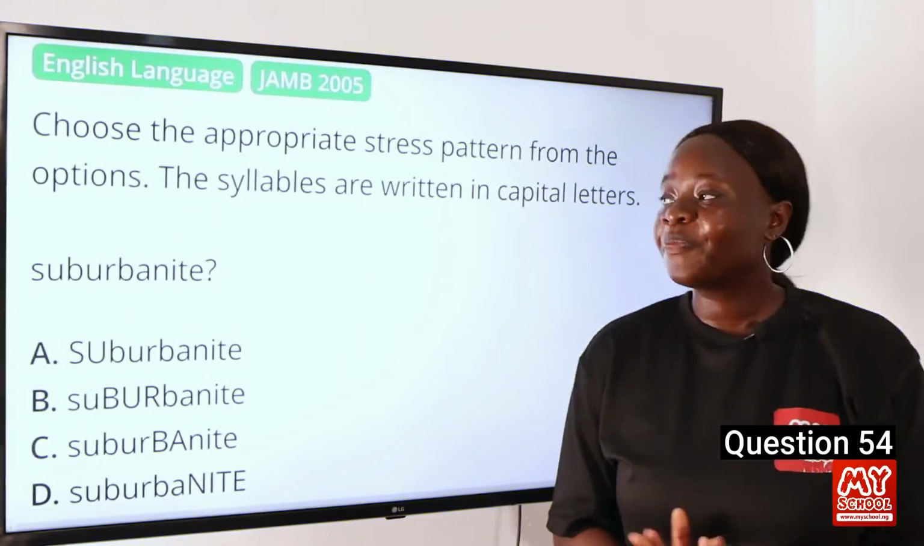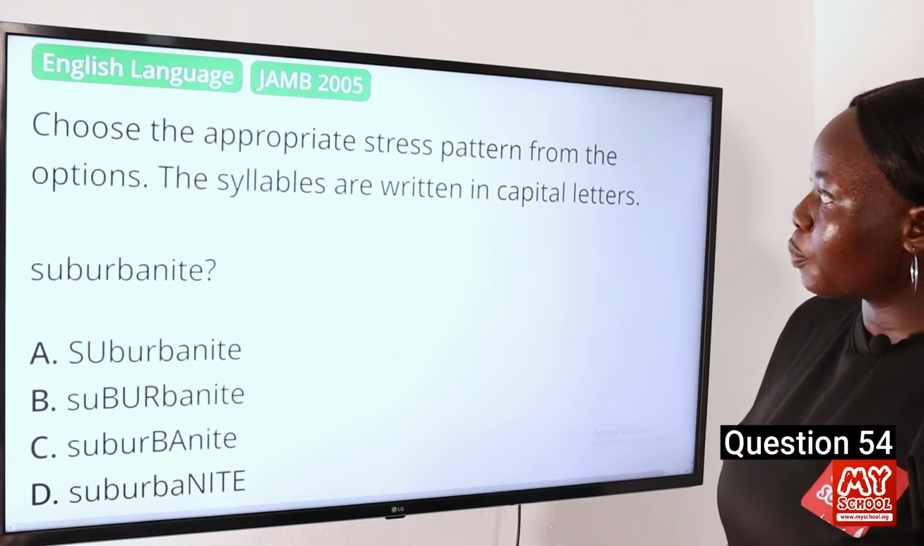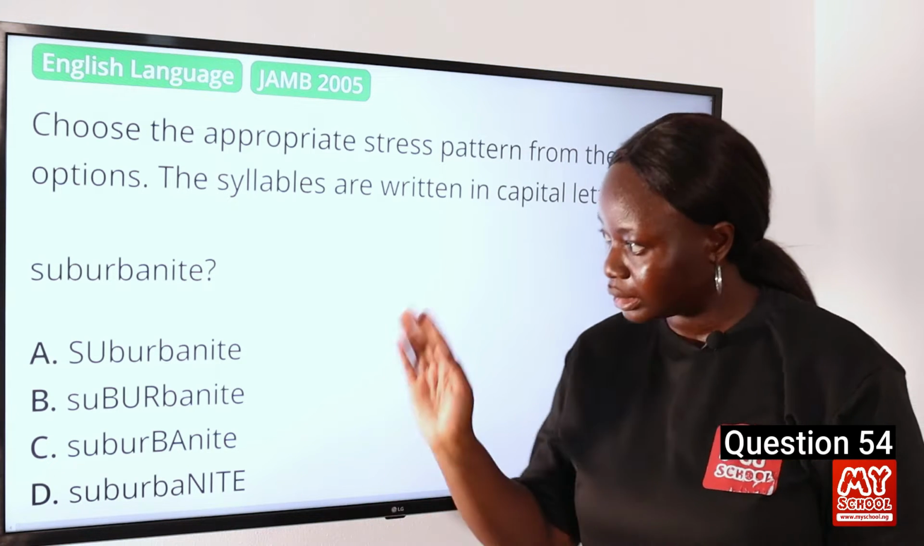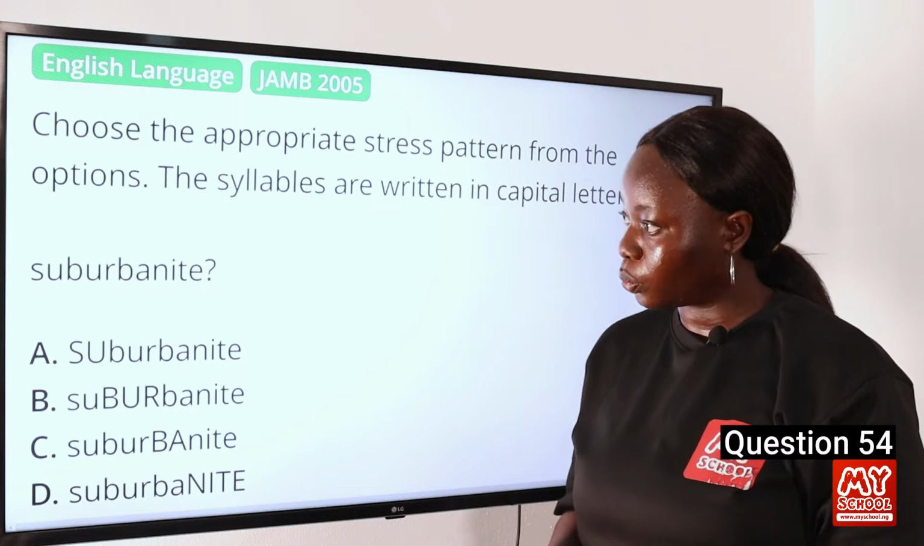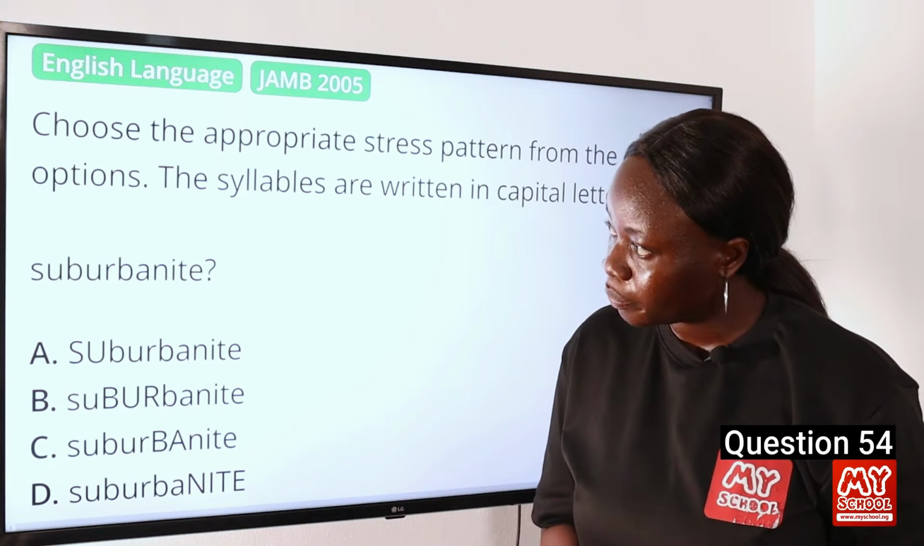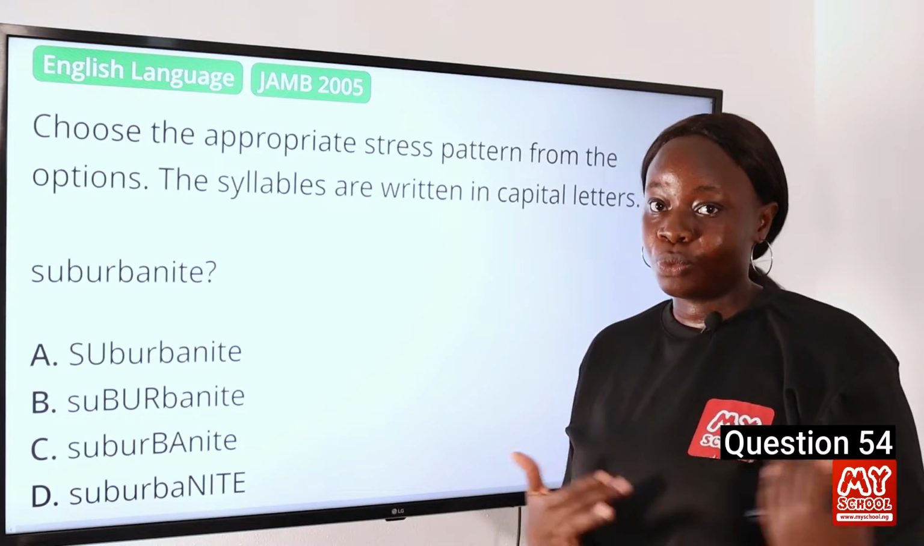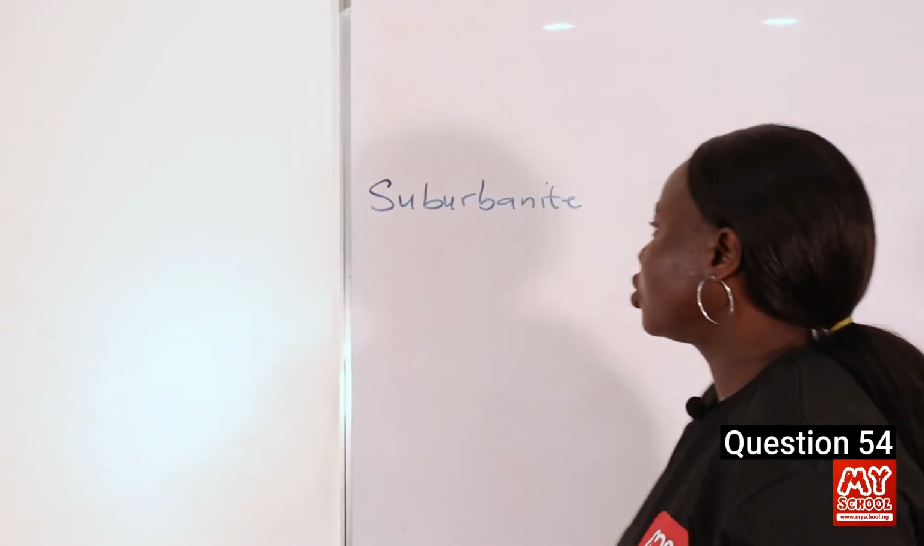Question 54. Again, we have to place the appropriate stress pattern for this particular word, and we have options in which the stress is placed in different parts of the word. You have to select the correct option. We have the word suburbanite. Again, let's go back to the board to find out what our answer will be. So for the word suburbanite,